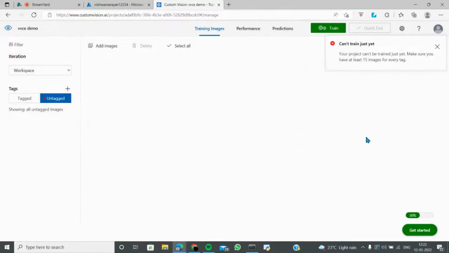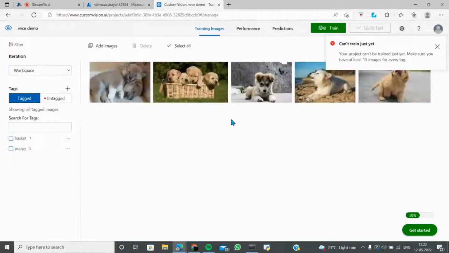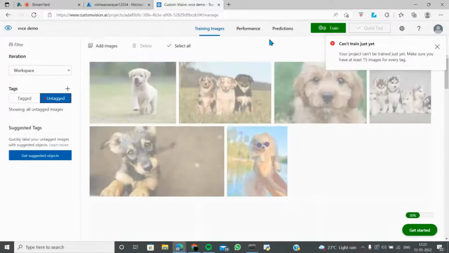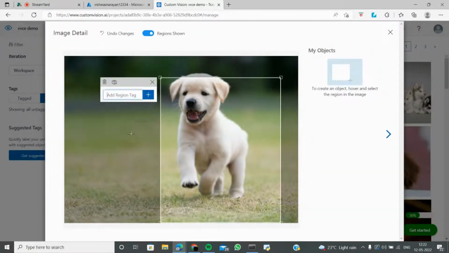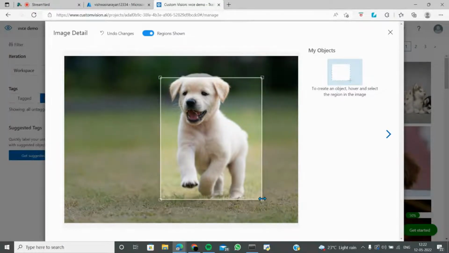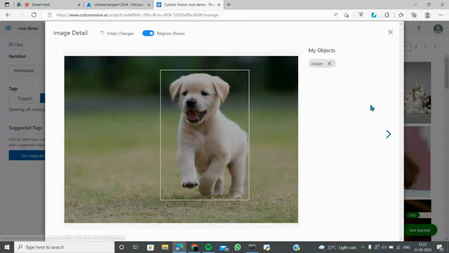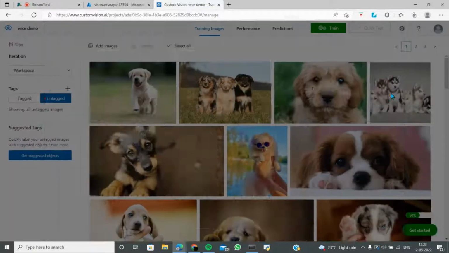All right. So I think the tagged ones are here. Minimum of 15 required. I think I did 5. Three more rows to go. So let's just go on and get it done. Let's just do puppy. All right, I messed up. I can edit it, that's not a problem. And this is how you can do it. So puppy is here, so we can do a puppy.